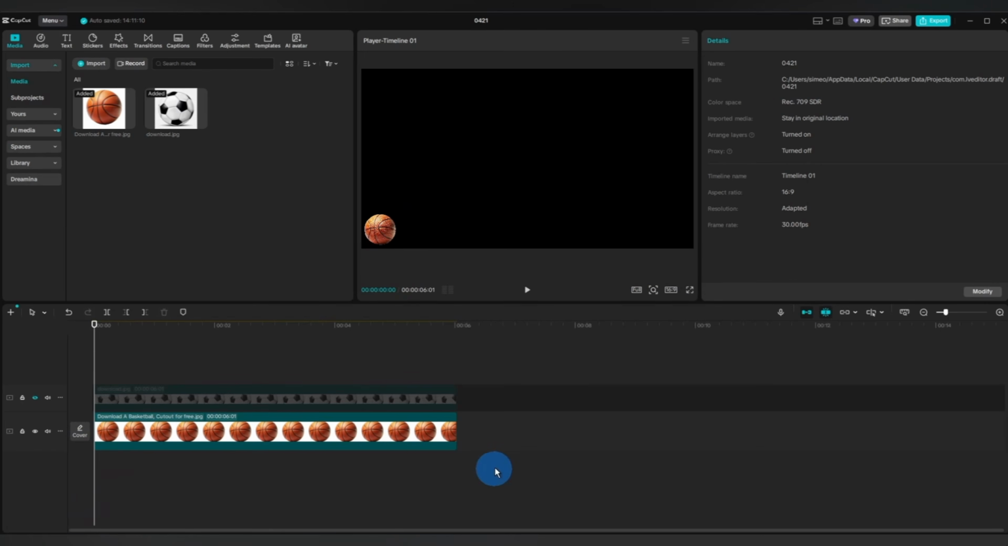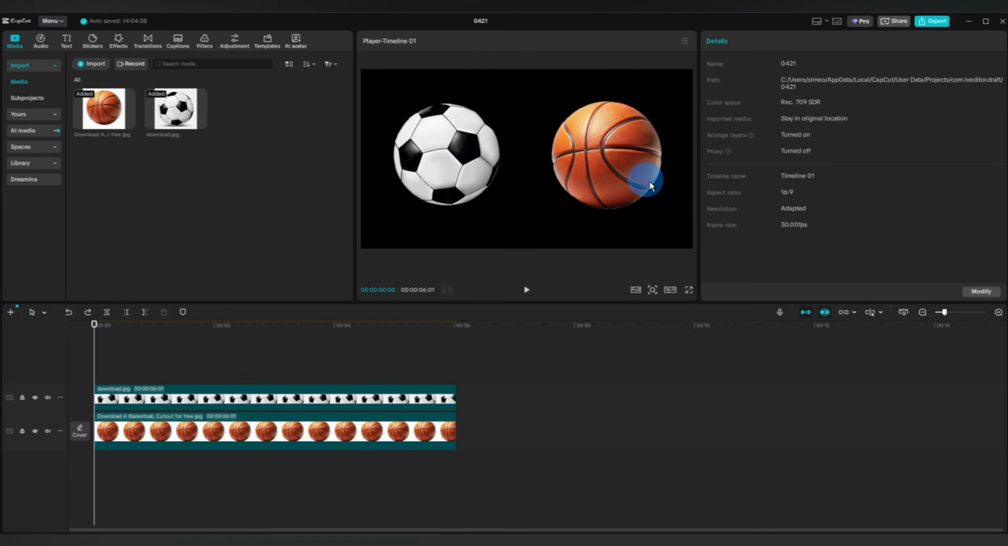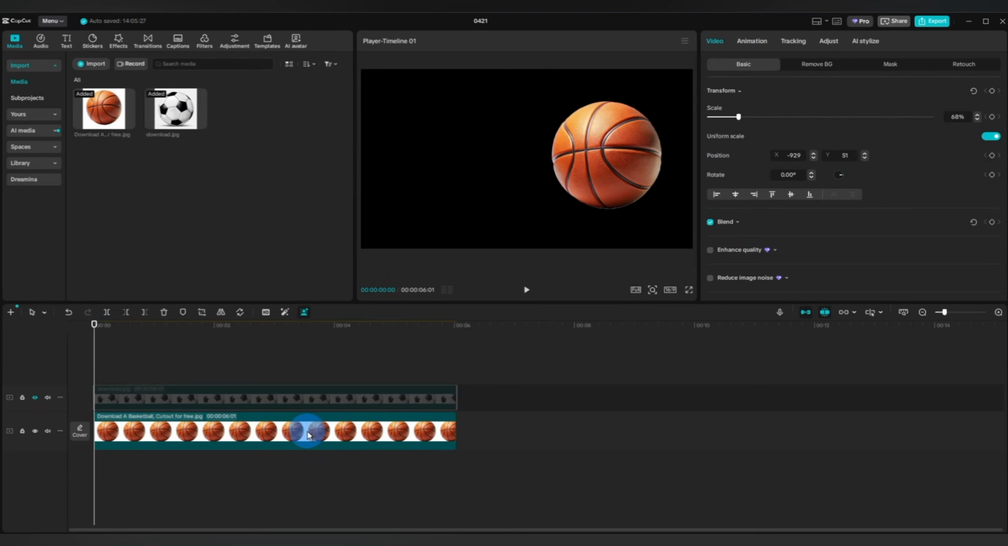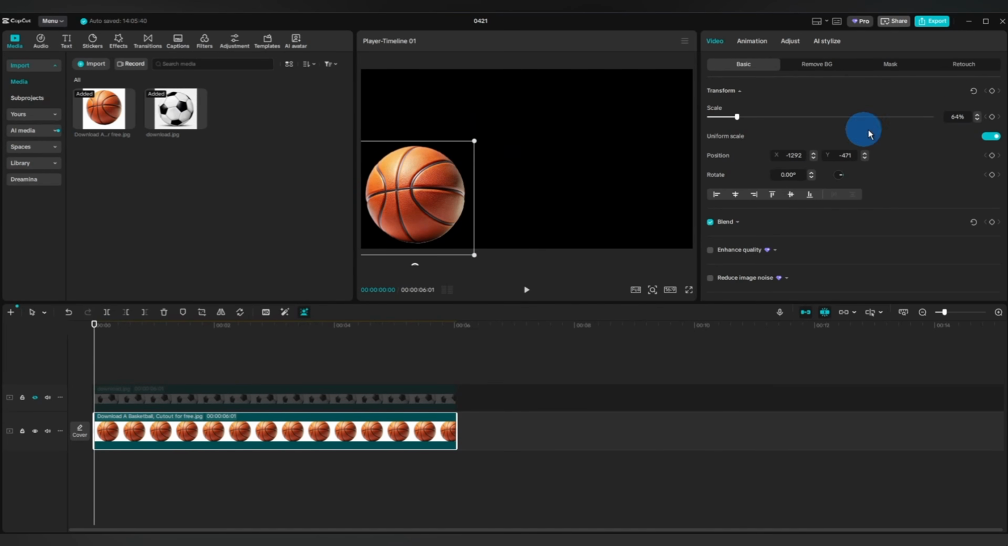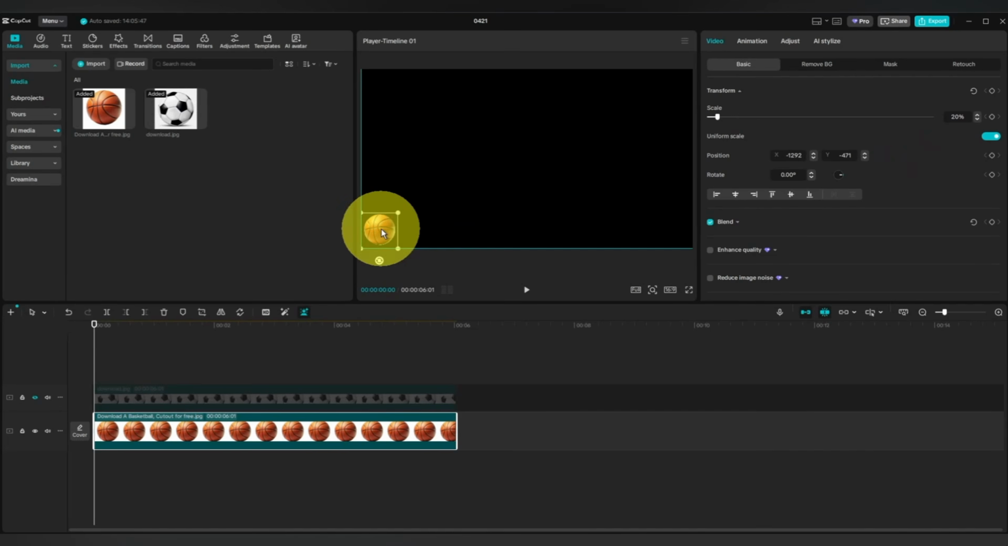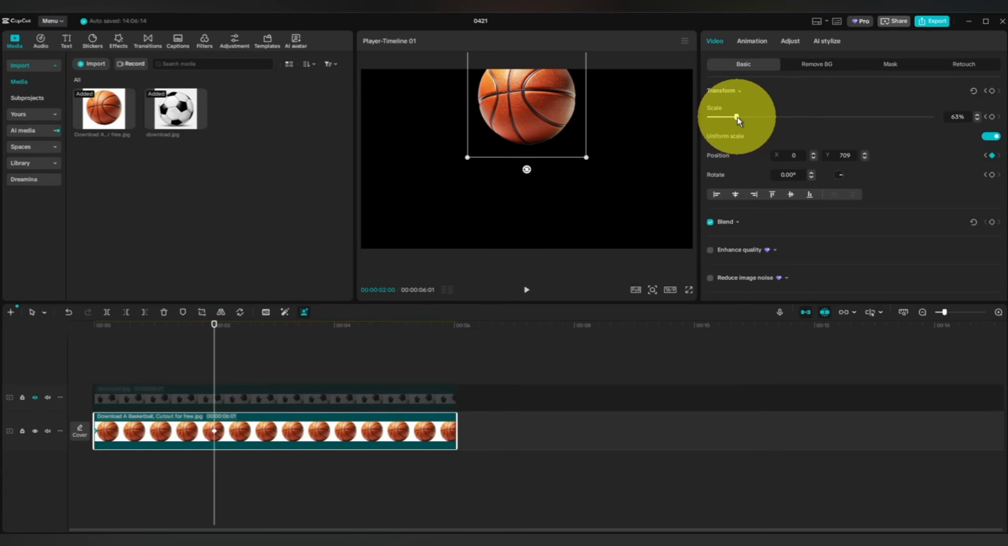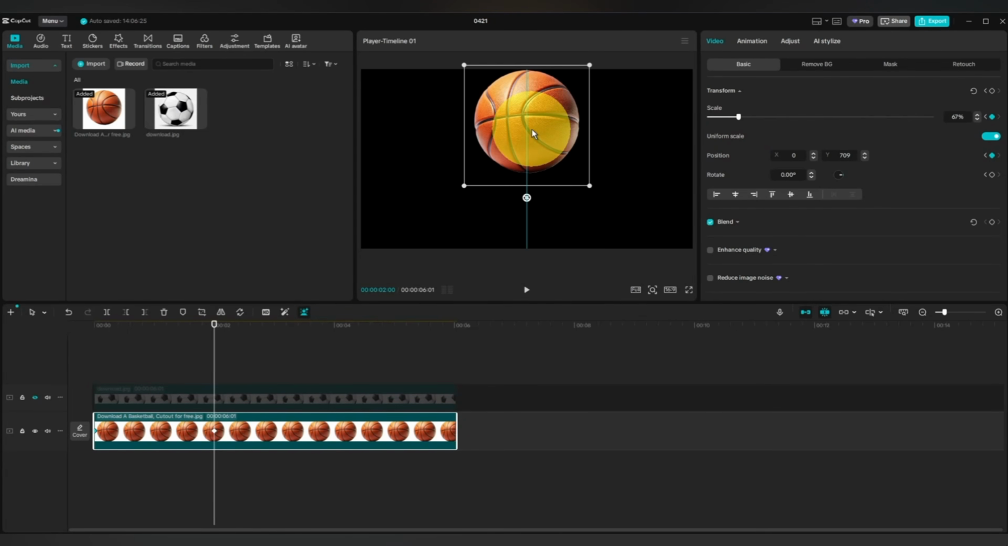Copy attributes in CapCut. This is one of those features that saves you a ton of time in video editing. Let's dive into it. Let's say you've already animated one clip, like this ball moving across the screen. I've scaled it down, positioned it at the bottom left, then added keyframes, moved it to the center, scaled it up, and added rotation,